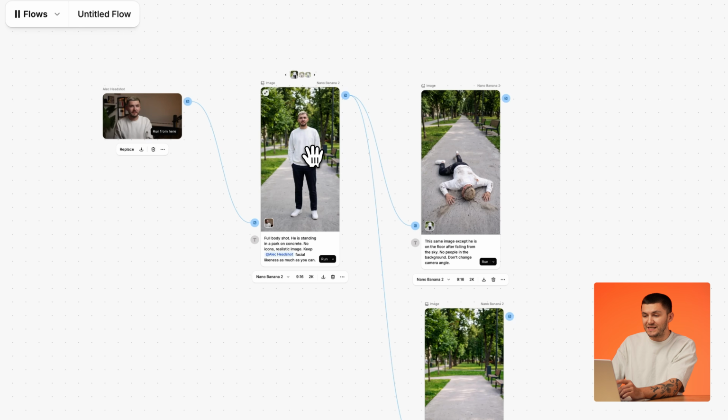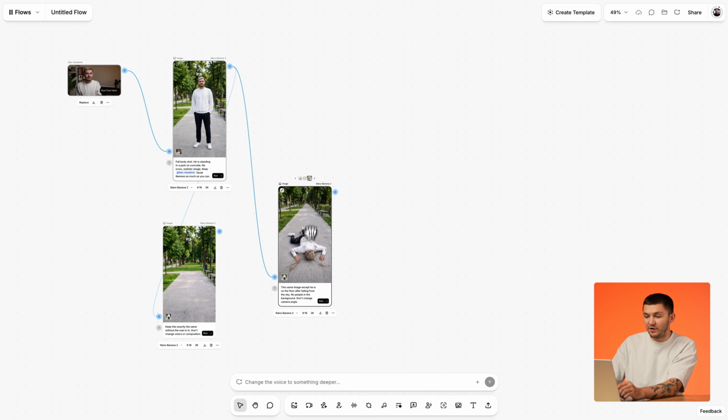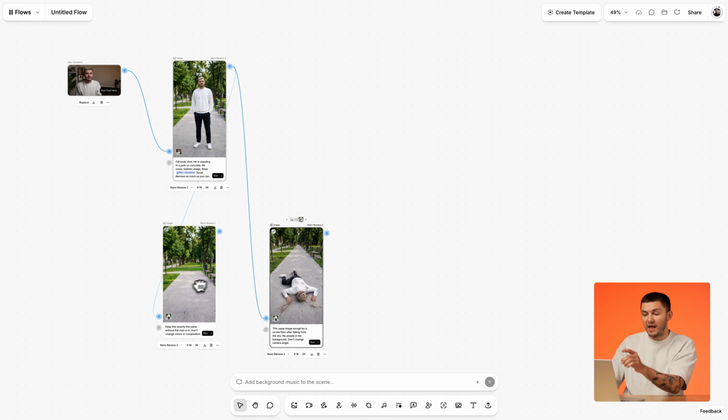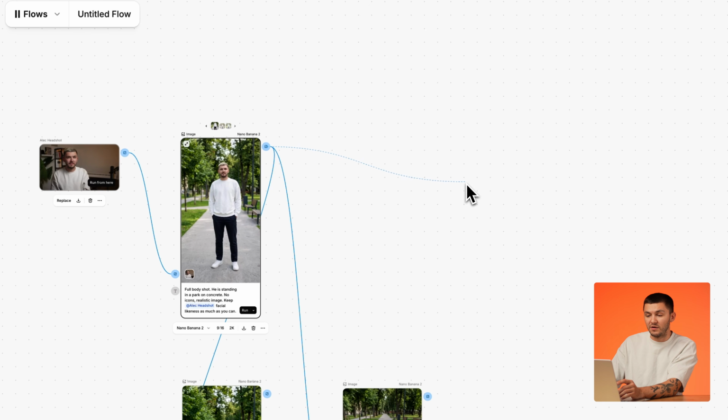And so here on my Flows canvas, we're going to be using this generation as a reference for all the style frames that we're going to generate. And then what we're going to do afterwards is generate a video between the empty frame and the frame where I fall face flat on the floor. But to generate our style frames, we're simply going to drag a connector from the reference image, click Edit Image,